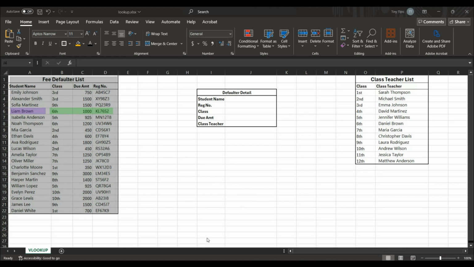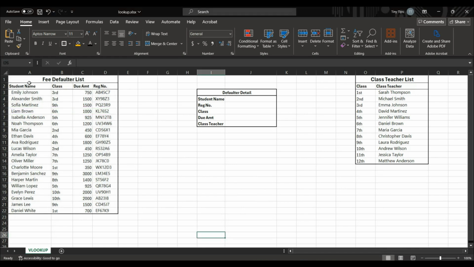the same row. Here we have a fee defaulters list data table containing student name, the class in which the student is studying, the fee due amount, and the student registration number. Here we have another table containing the class and its class teacher's name. Our objective is to get the defaulter student's details. We will look up the student's name in our data table, and based on that name, we will retrieve its